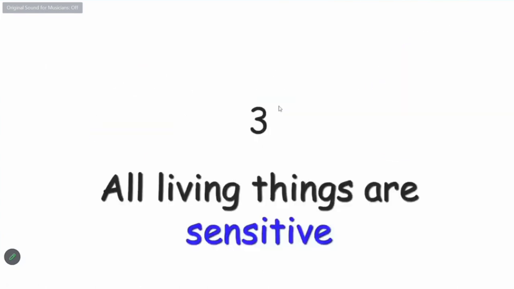Any living organism has the property of reproduction. There is a third property: all living things are sensitive. This means they show a change, a different behavior, towards a stimulus, or we can say towards the changing environment. अब आप समझिए, अगर आप किसी कमरे में बैठे हैं और वहां पर अभी देखिए जैसे गर्मियों का